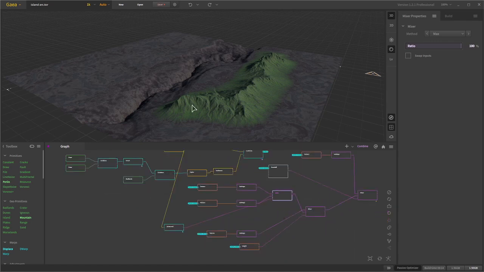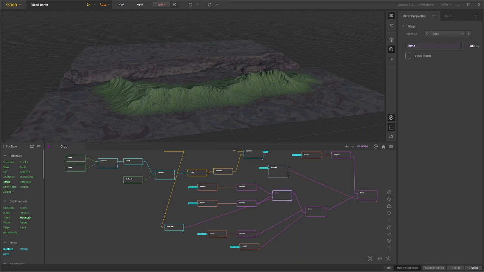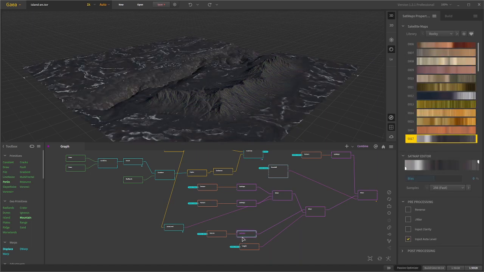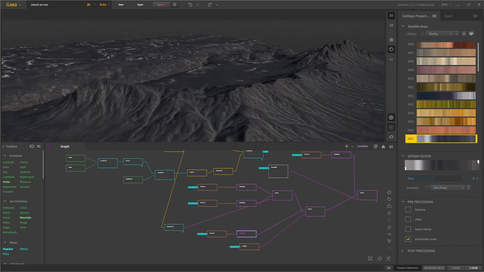Now, the island arc here doesn't look quite complete as it is right here. These mountains would be at least 3-4 kilometers high, so the vegetation at the top wouldn't be there. So I needed to get a bit of rock texture up here on the higher grounds of the island arc. And for that, I chose yet another sat map, which looks like this, with a bit of light sediments